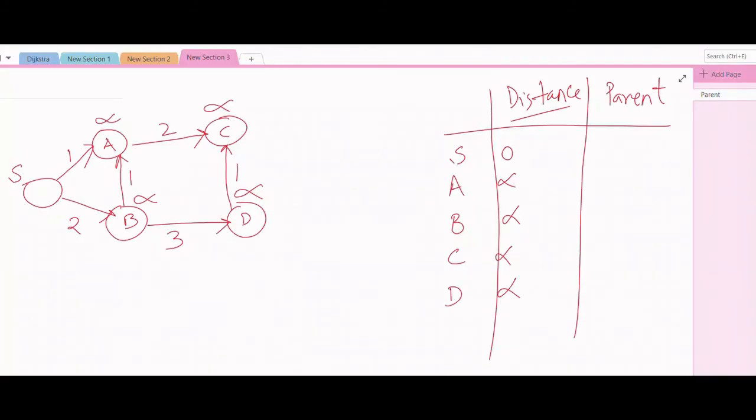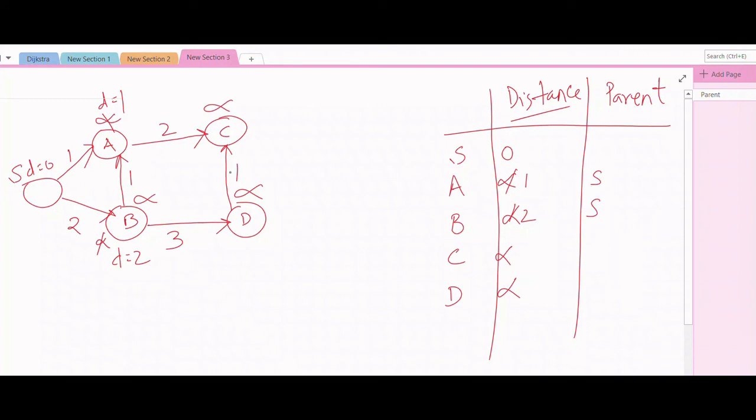Let me take you through the flow of Dijkstra. At the start we set the distance at the source to 0. So d equals 0 here. When I start my journey from the source to other vertices, I go to A with new distance d equal to 1. I go to B with new distance d equal to 2. So infinity is gone here, and I come to A with cost of 1, I come to B with cost of 2, and my parent pointer becomes S.